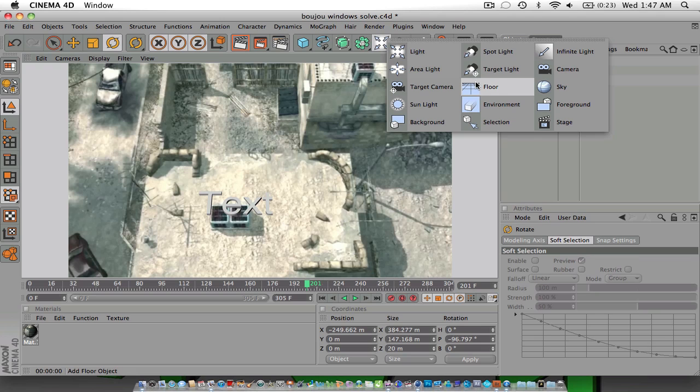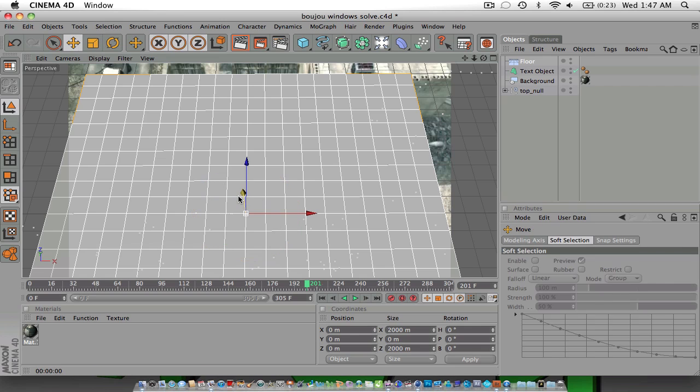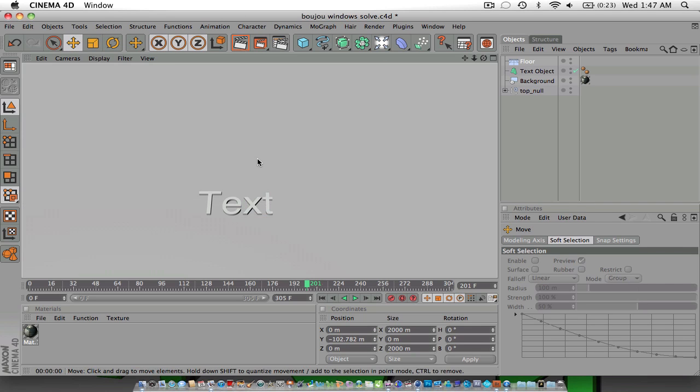Okay, so now what we're gonna do is just add a floor, and now as you can see, the floor is just like a floor. And I'm just gonna drag it underneath the text. When you render it out, you see the floor, and you don't even see the scene anymore. All we have to do to fix that,